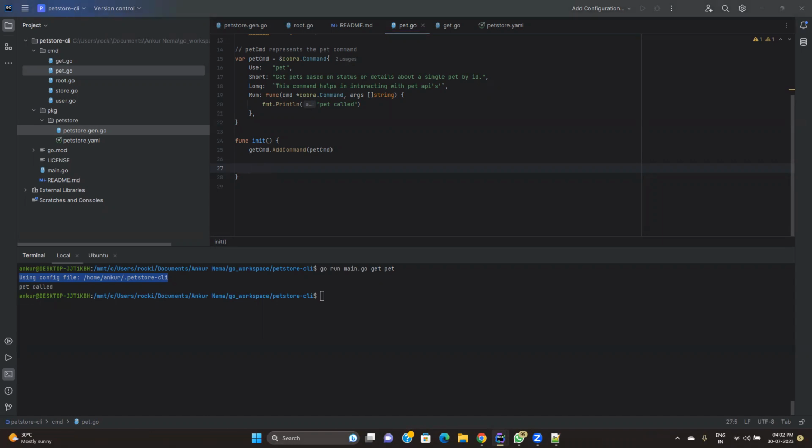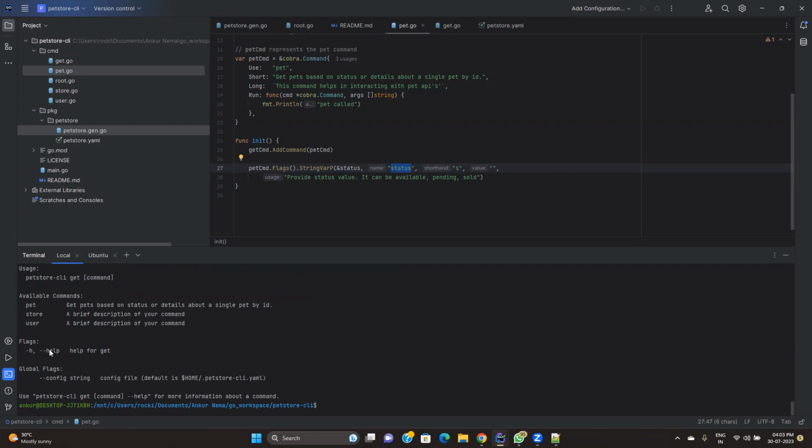What I do is I add this line. I say, add a flag which will return me a string variable. Whatever value you get, you attach it to &status. So &status is nothing but you are basically adding the value to this status variable. It should show a long variable name as status, and it should show shorthand as s, and then it gives you some command line help. So if I want to show you what it basically does, when I do -h,